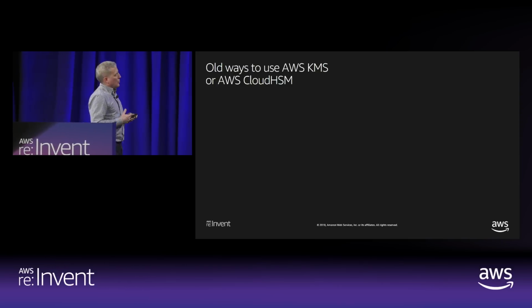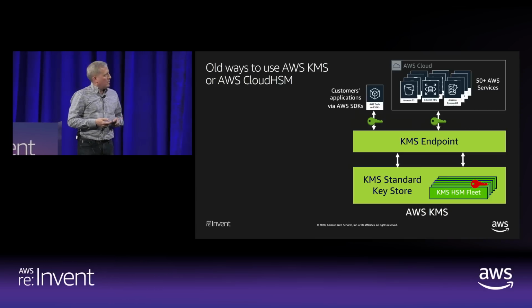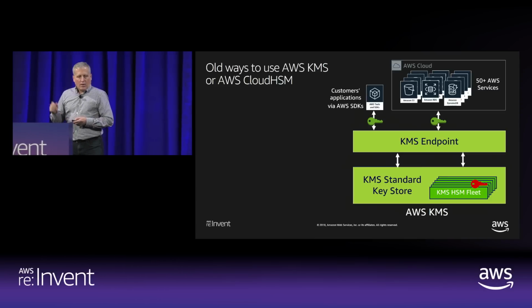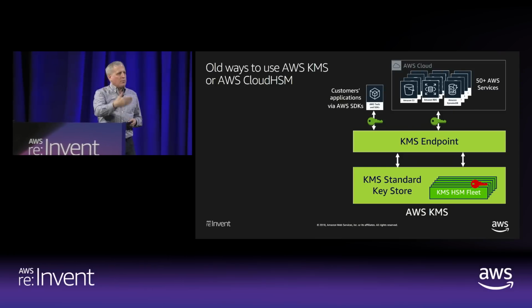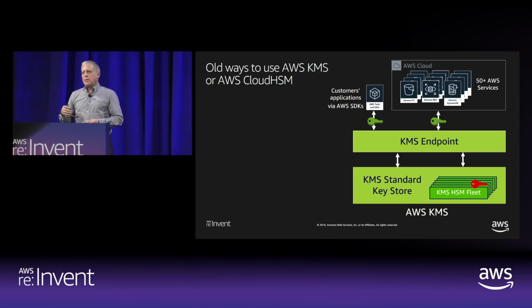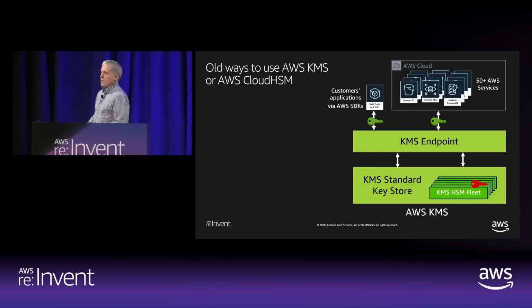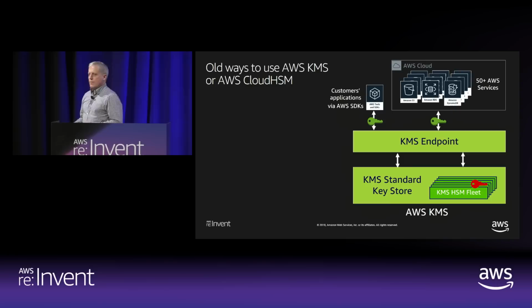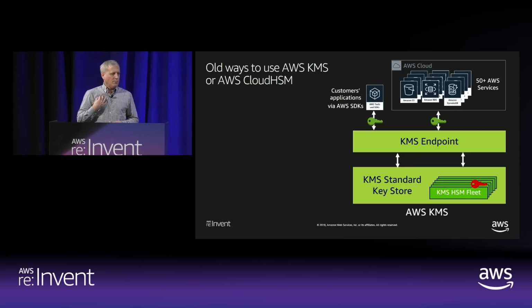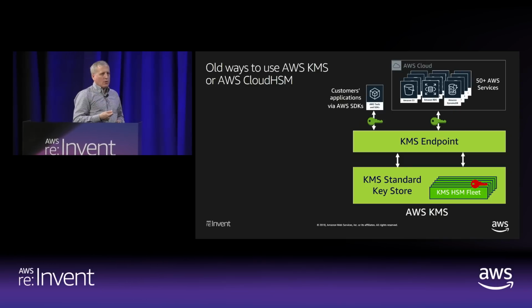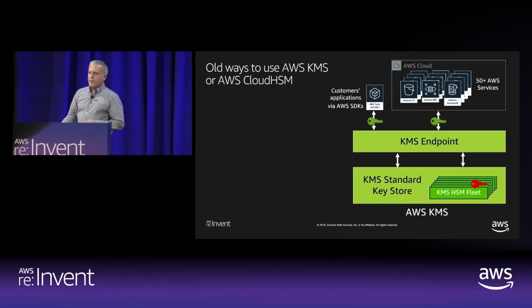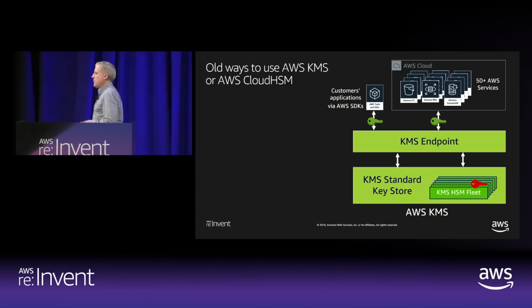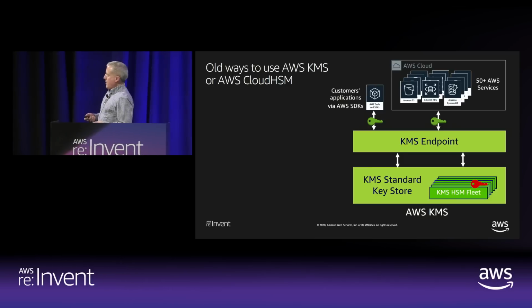If you were to use KMS by itself today, the red key, if you remember from my diagram, that master key that wraps data encryption keys, is made available at the time you need it inside a fleet of HSMs that we own. The way you call KMS is either from your own applications, via various SDKs, including the AWS Encryption SDK, or you ask an AWS service to call KMS on your behalf.